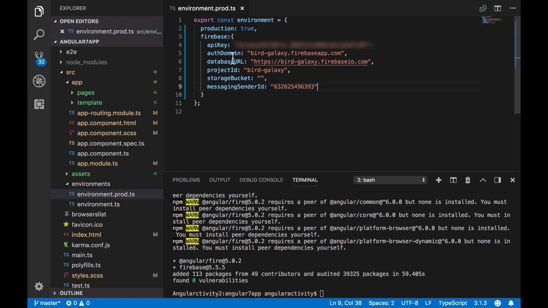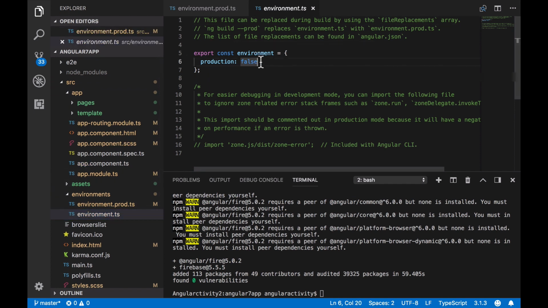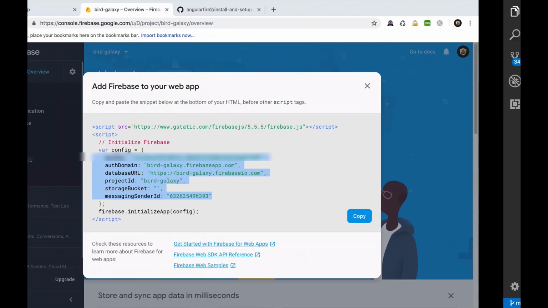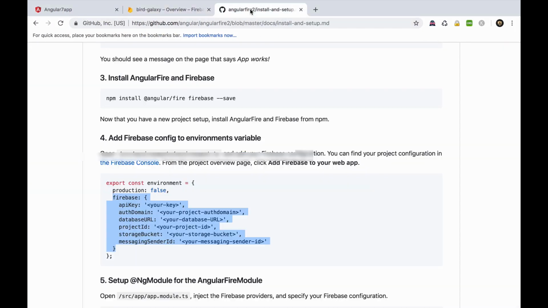Now we're going to do the same for the environment.ts file, which is our testing environment file. Alright, now we're good to go.